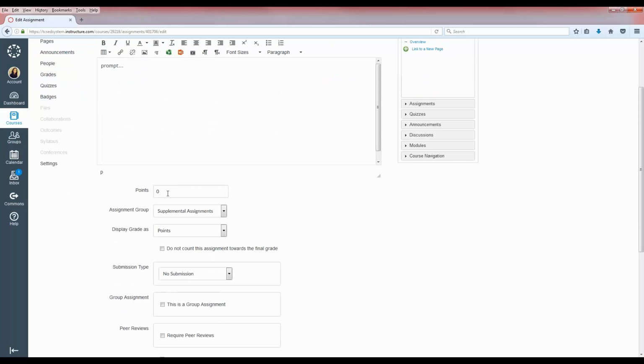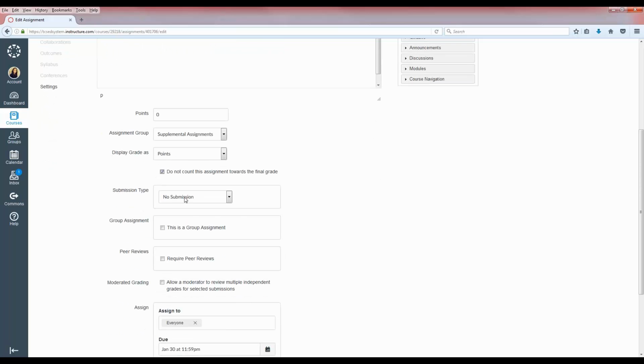But I do want to mention, if you want to add value to your supplemental assignment just for grading purposes, just to make sure that they actually did retain the information, you can put points there. But you just want to make sure that you check this box where it says do not count this assignment towards the final grade. So that's very important with these supplemental assignments that are not for value, because every student's not going to have to do this. If someone gets a 100 on the quiz, they don't have to do this assignment, so I don't want those who get a 50 to get extra credit for this assignment. So I want to make sure first that this is checked, that it does not count towards the final grade, and then of course you can update your submission type and anything necessary